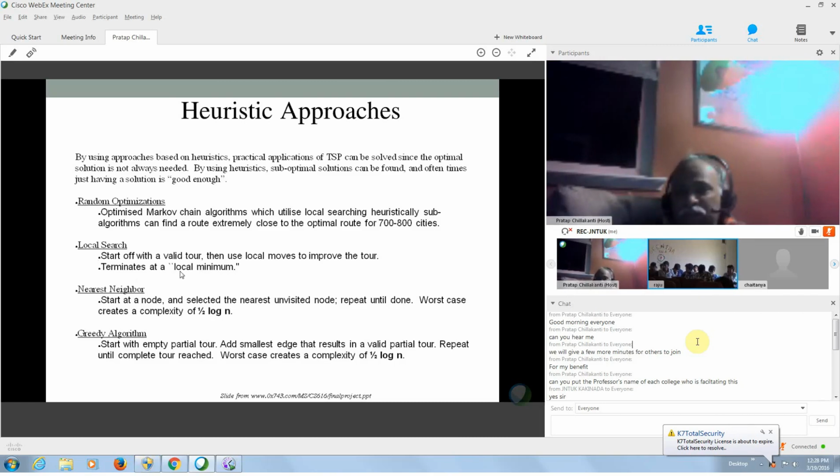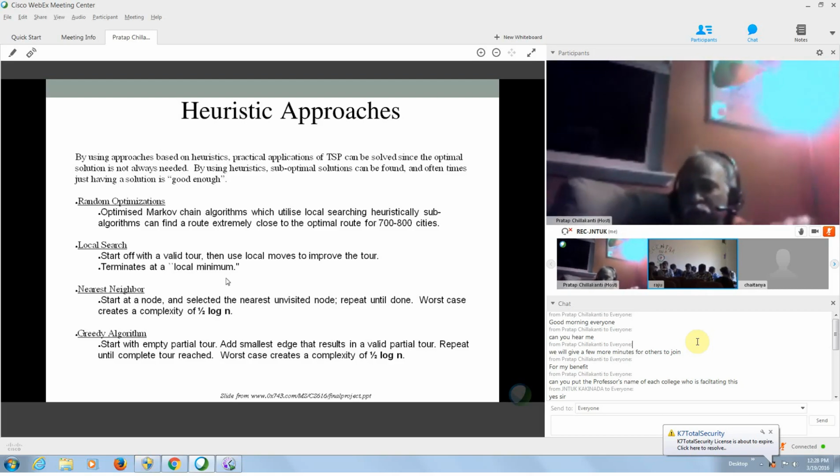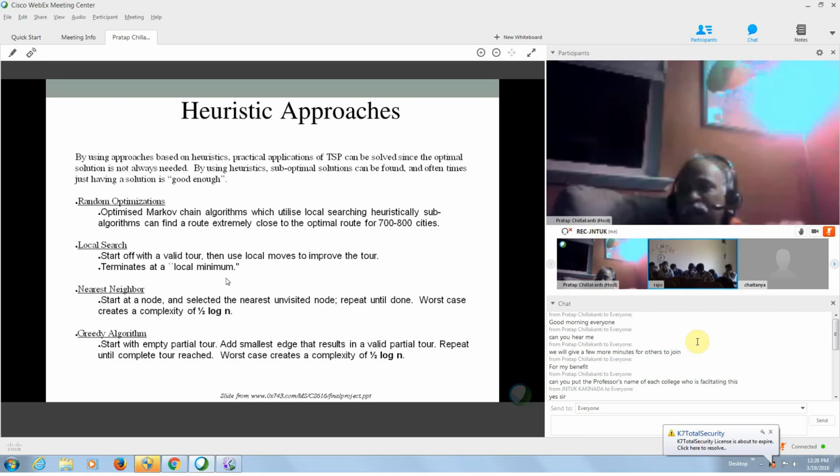So you can do a local search, come up with some valid tour, and make local moves to improve the tour. We did that where we said, hey, we come up with some candidate tour. We also said twice around the algorithm, if you recall. We visit these nodes twice. We store the values and then as neighbors start exchanging shortcut messages, then you continue to improve your candidate tour that you came up with. So eventually at some point of time, you will have as best a tour as possible based on the knowledge and wisdom that you gain out of the knowledge shared between the neighbors. Okay? Now we